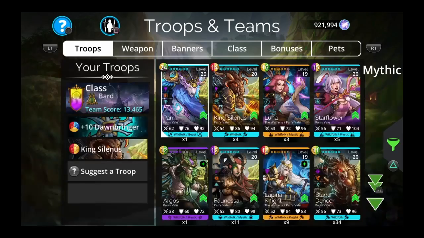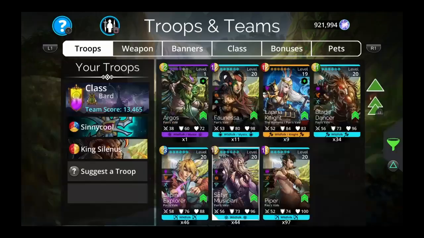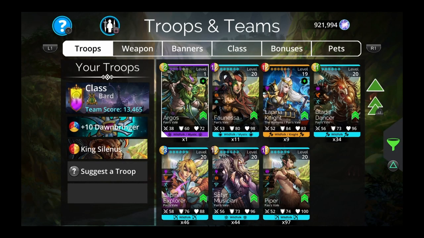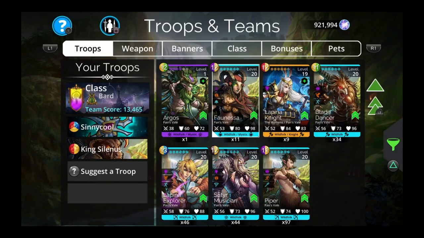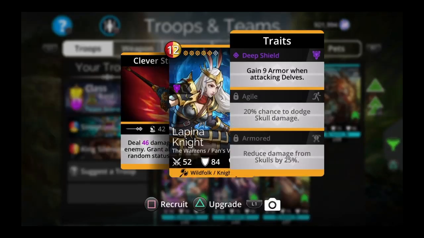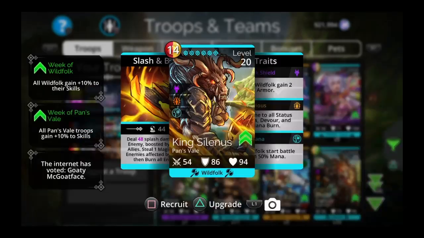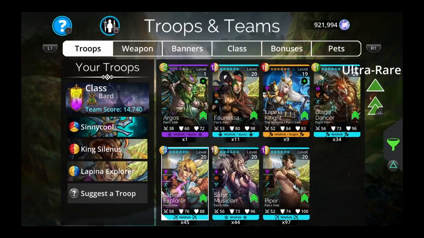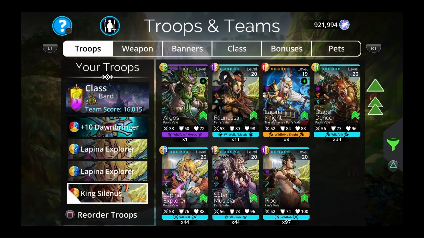And then we're gonna look for stuff that's gonna help us get up. Not you. Not you. Destroy a row and column, knock one of the first two enemies to the back. Choose a color, remove our gems, dispel the first enemy, drain their mana by the number of gems removed. We just need people that are going to do some sort of helping us out to get up. So King Salinas and then maybe 2 Lapina Explorers. How about that? And King Salinas could help us clean up, so...